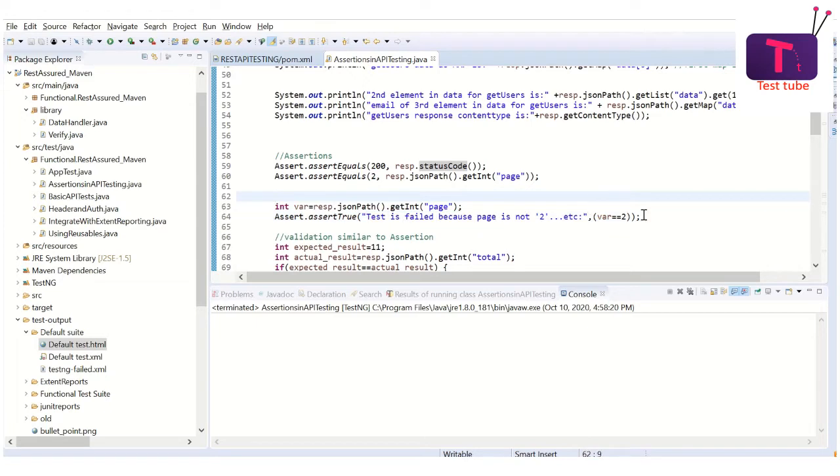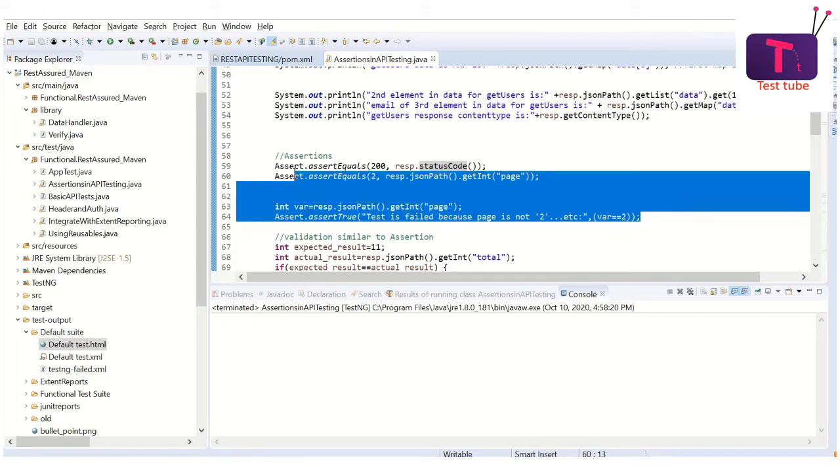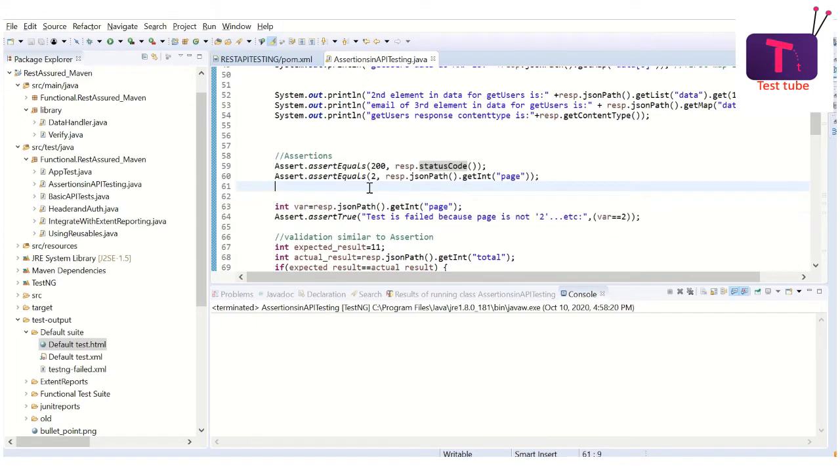That is something which is not possible in assertions. Alright. So what we are going to do is, we are going to achieve it by manually marking the test case as pass and fail, and we are going to see a customized message in both the cases of pass and failure. Okay, that is one thing.